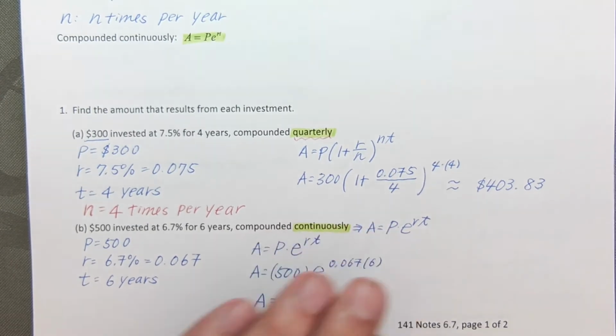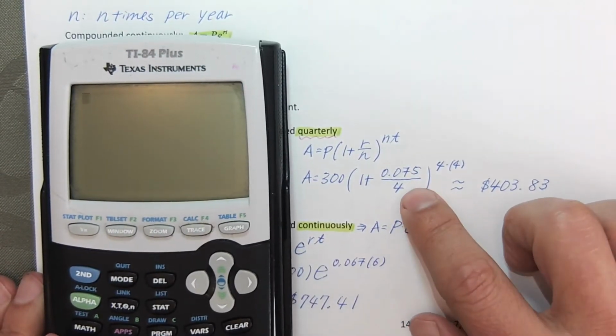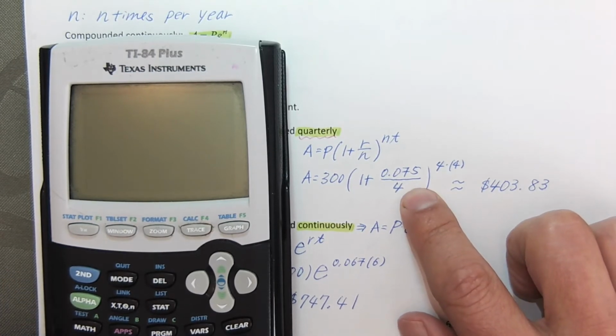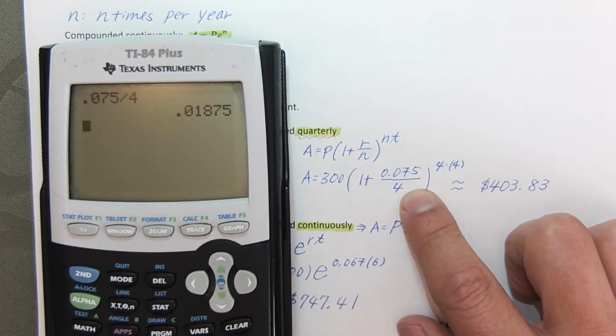Now I want to show you how to use your calculator. It's important that you practice this. We're going to use order of operations and we're going to start on the inside. So division comes first inside. So 0.075 divided by 4 equals, plus 1 equals,